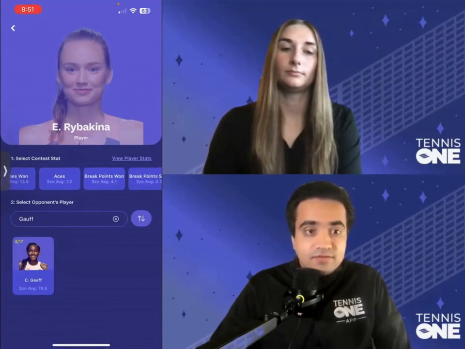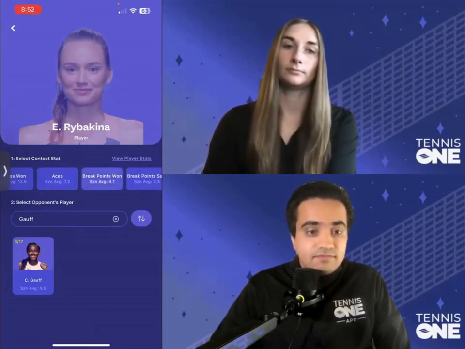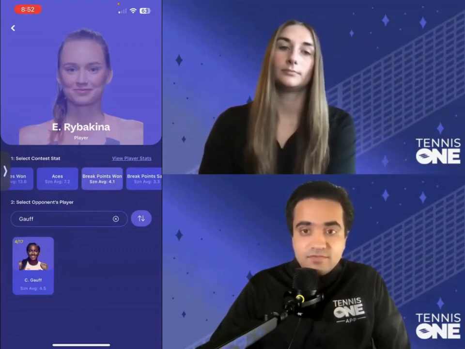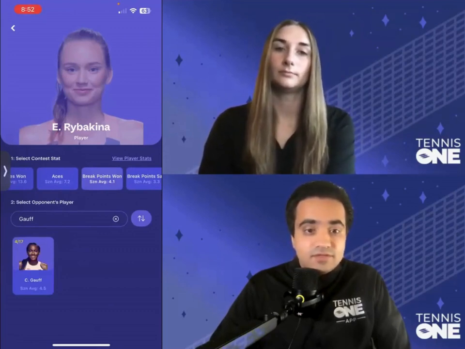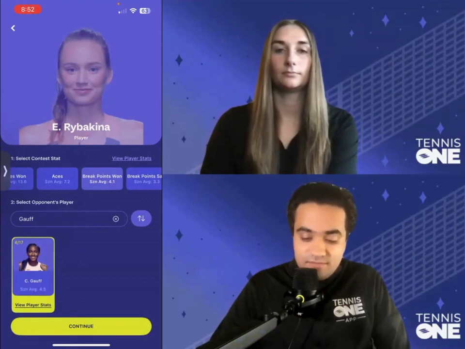And if you feel like, for instance, you want to look at breakpoints won because you think they will be fairly close to each other, like you can see here, their season averages are fairly close, within 0.5 of each other. And if you want to pick them against each other, you can do that. So I would just hit Gauff, and now you have their breakpoint numbers right in front of you,